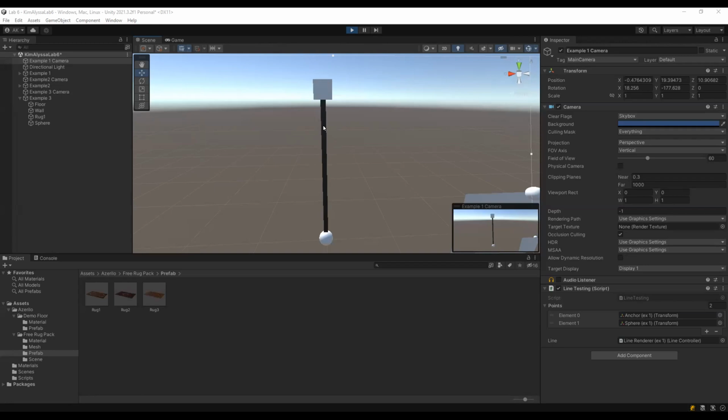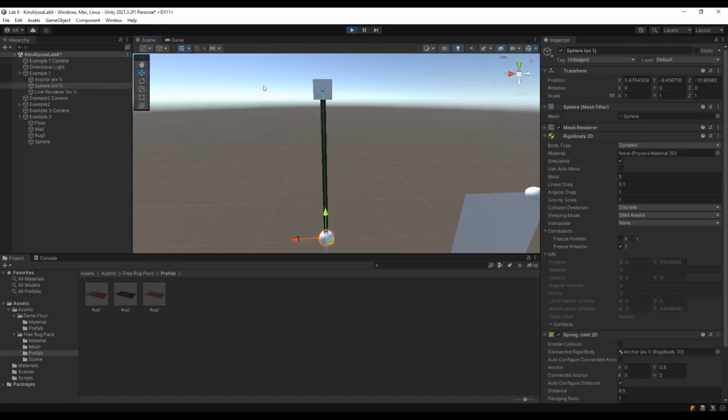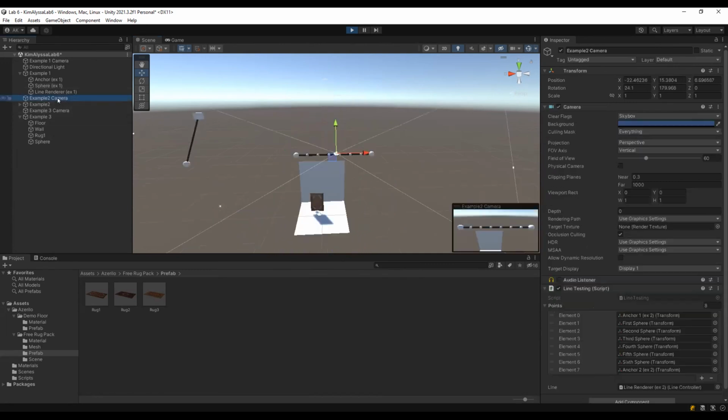So for my first implementation, I implemented a pendulum functionality in which if you go to the scene view and move this ball around, it swings back and forth based on how much force you push on it. And then for my second example,